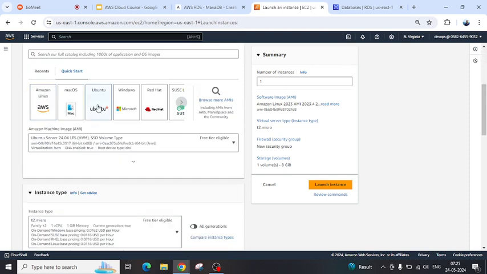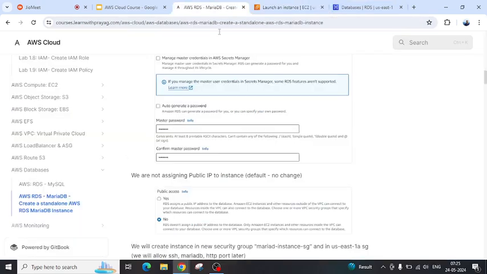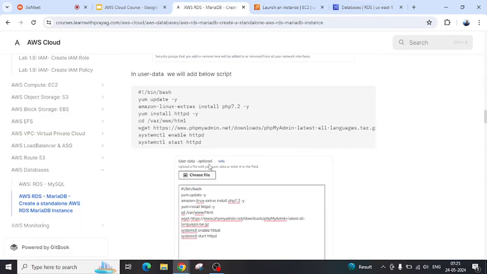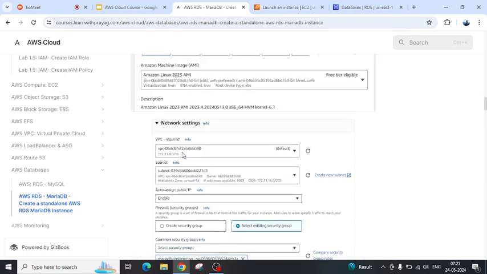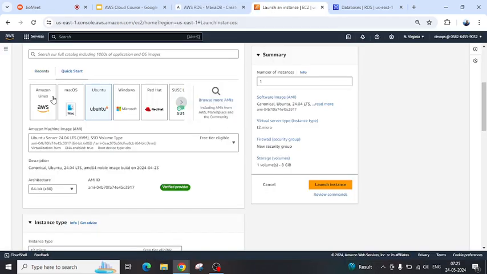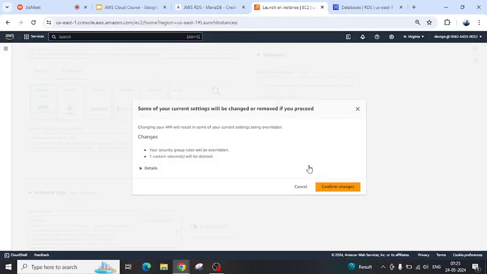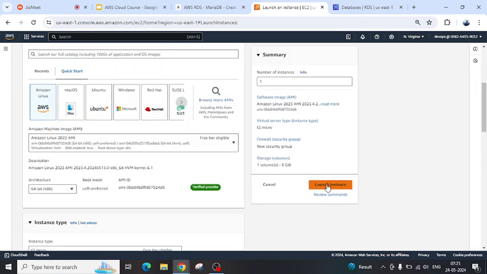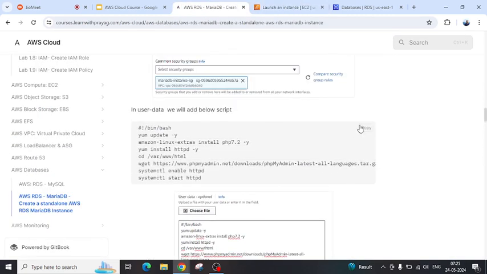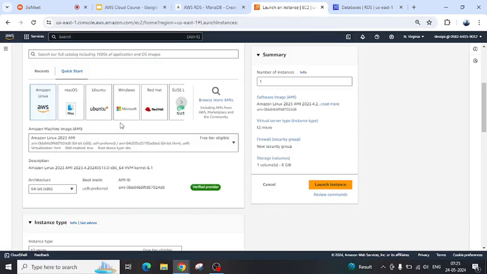Ubuntu, and we'll need the script which will install. Okay, so in this case, we'll be using Amazon Linux because the script is for Amazon Linux. So for the first time, we'll not install Ubuntu, but we'll install the Amazon Linux, and just copy this script, which we'll add in the